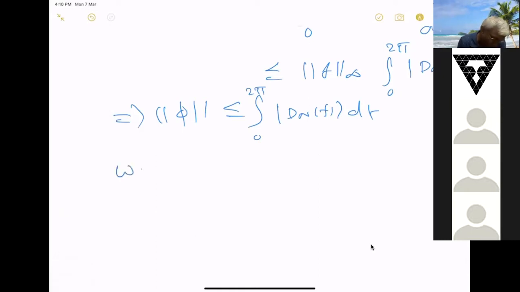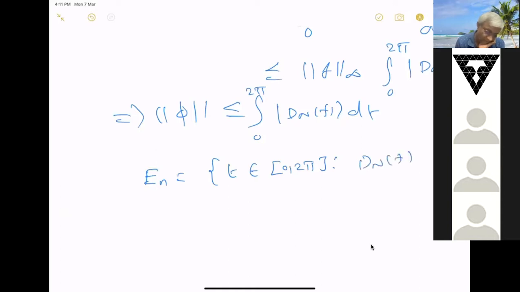I want to produce... okay, let me just directly write what it is. Let's call E_n equal to the set of t in 0 to 2π such that d_n(t) is greater than or equal to 0, wherever it is positive. I call this set E_n. Then we can define this d of any